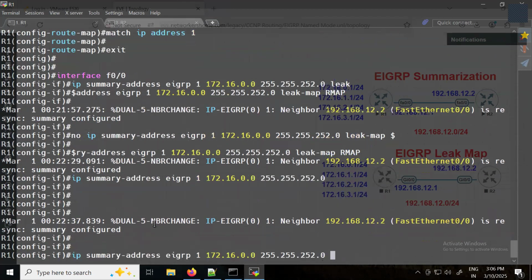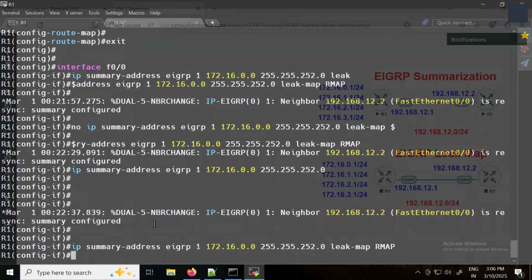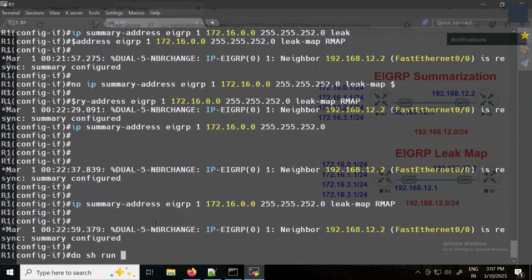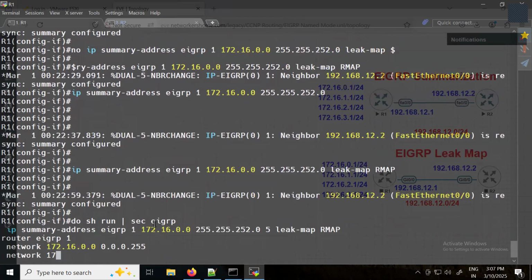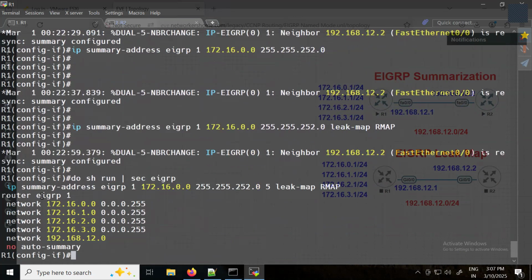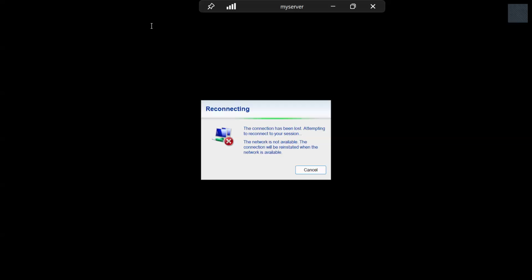And if I configure the leak map, I'll use show run pipe section later. This is my configuration. So you can see I have a summary address configured with a leak map. So now if I check,